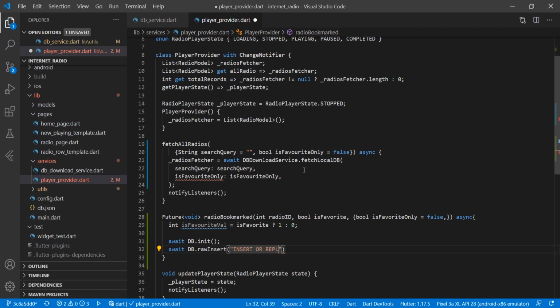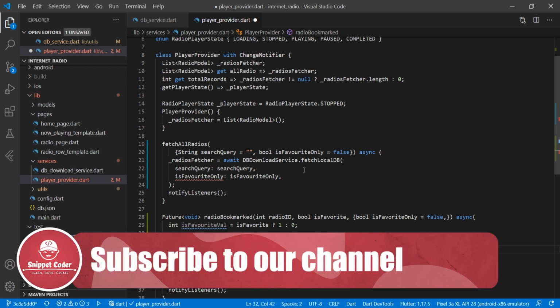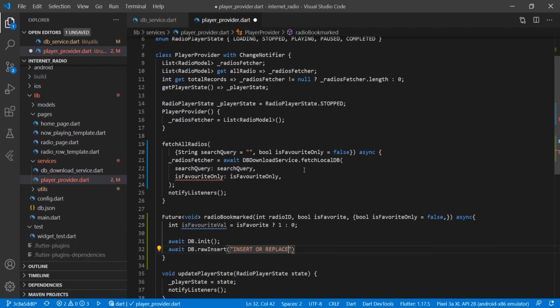Insert or replace. We are making one statement to update that row by using insert or replace. It will check if that radio already exists. It will just update the value in case of an existing row. If it is a new row, it will insert the row in the table. Suppose the user makes it a favorite, and after that they can also unmark it as a favorite, so the same row will be updated in that case. Insert or replace into radios underscore bookmark,